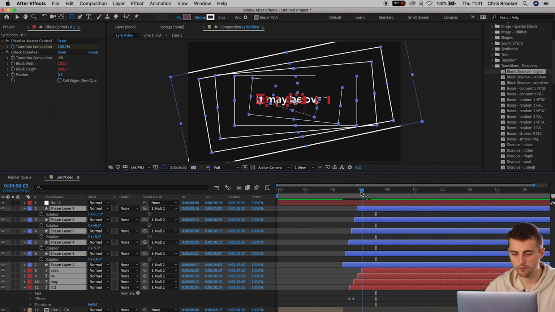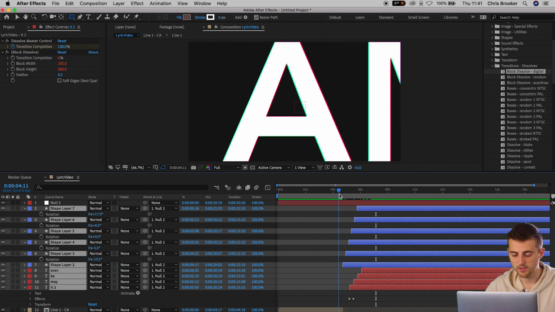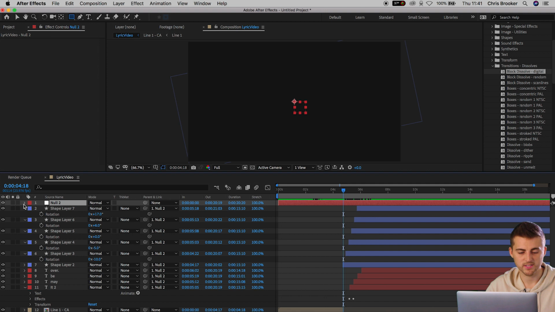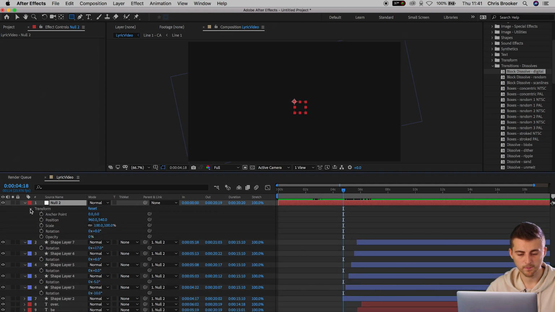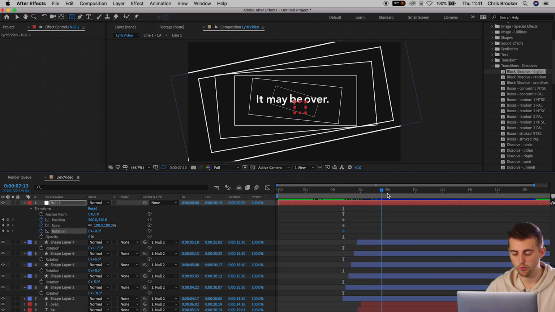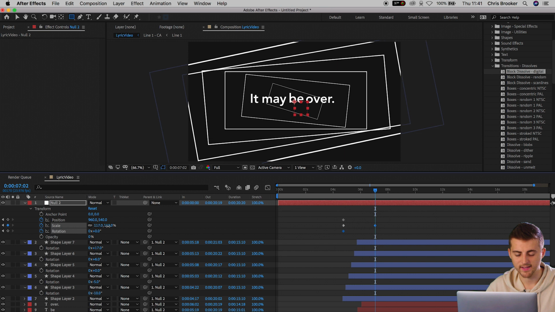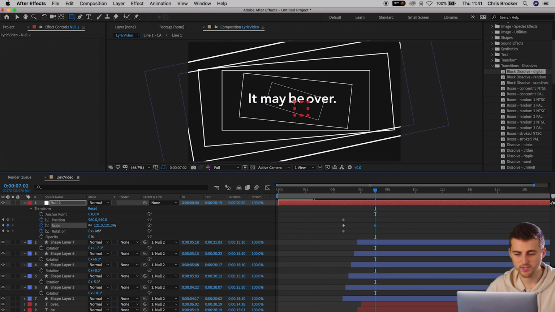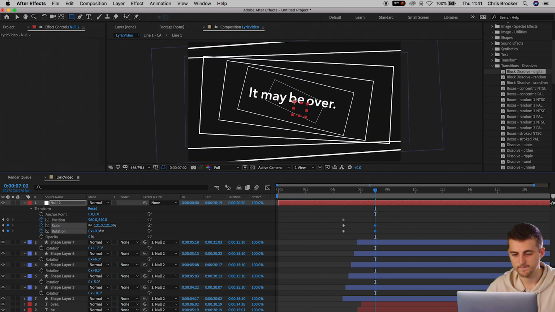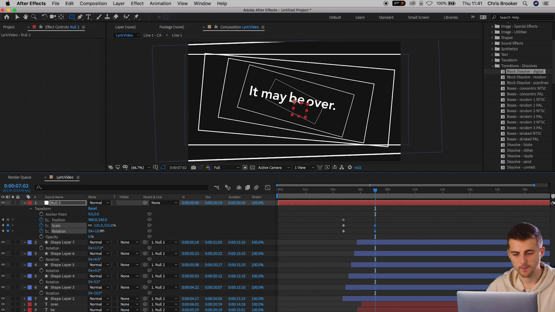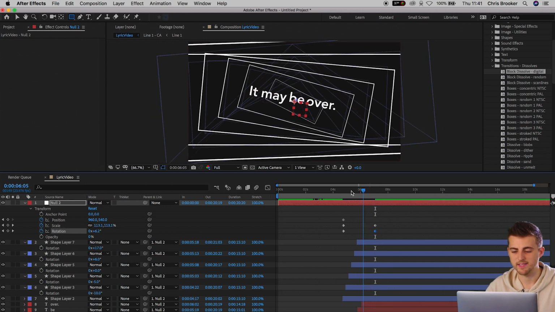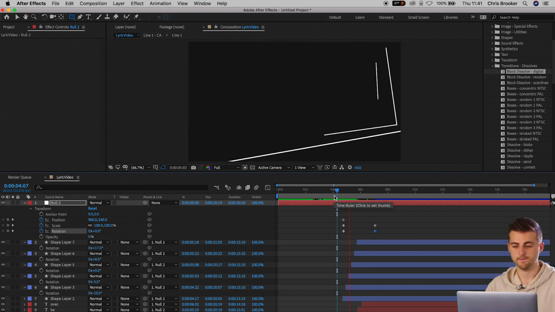Now at the very beginning of the movement, you want to go into null 2, press the drop down arrow, transform, and create a brand new keyframe on position, scale, and rotation. Now we'll move forward towards the end of the motion. We'll increase the scale to around 120. We'll increase the rotation. And then we don't need to update the position, so we'll keep that as it is. And if we watch that back,